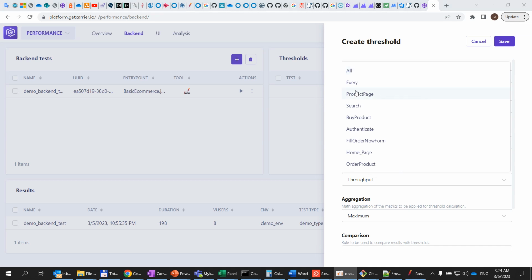In that case, the threshold will be applied for aggregated statistics of all requests. Or we can specify every request. In that case, we will have a separate threshold for every request, or we can specify sum of requests. It is the more common case, but it depends on the goal. So, for example,